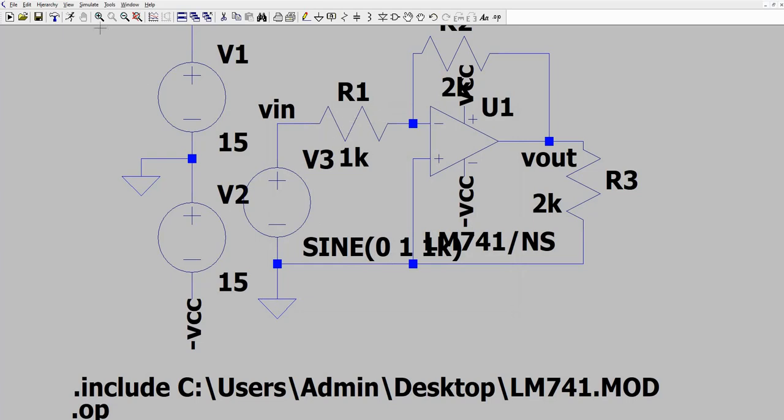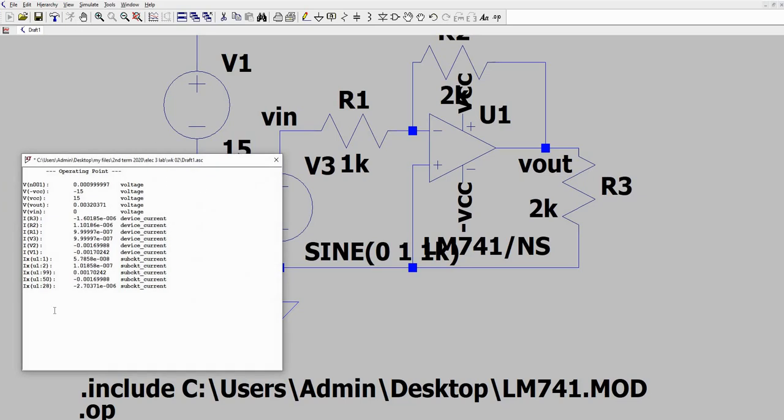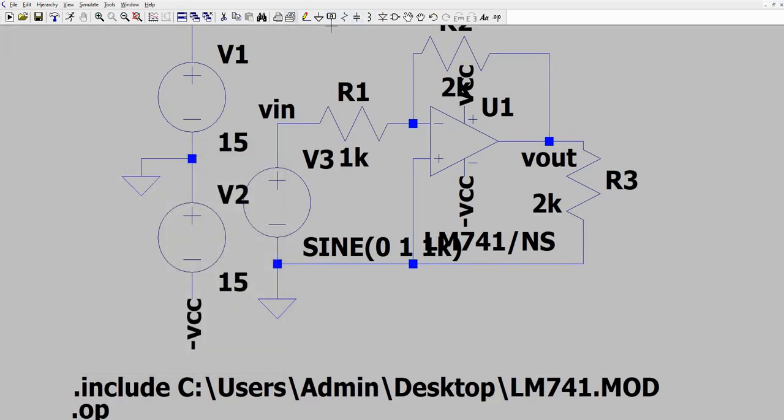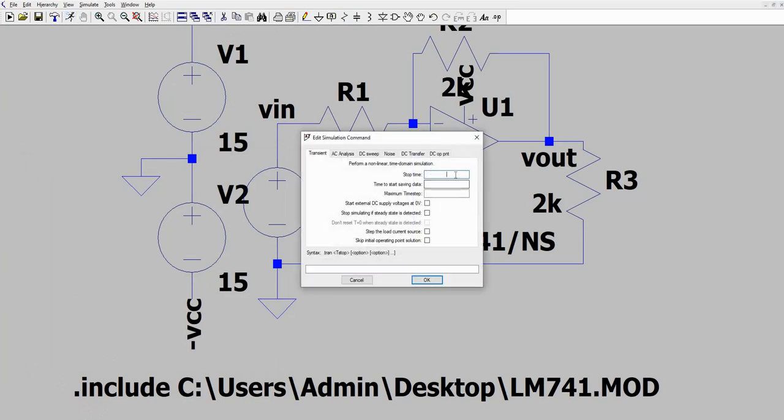For the simulation, once you run this, it would still reflect the operating point because we didn't delete the .op command. So you need to remove the .op command, then run it. It will ask you for a certain value.